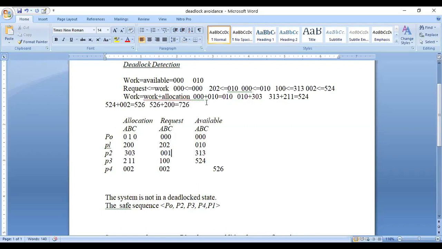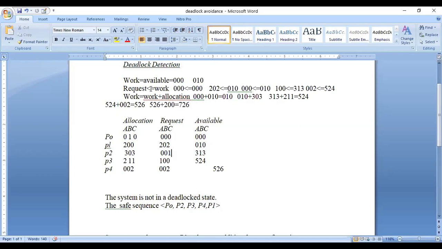Work plus allocation gives 010. Next, the process P1. Work is equal to available, which is 010. The request for P1 is 202. So 202 is less than or equal to 010. Condition is false.